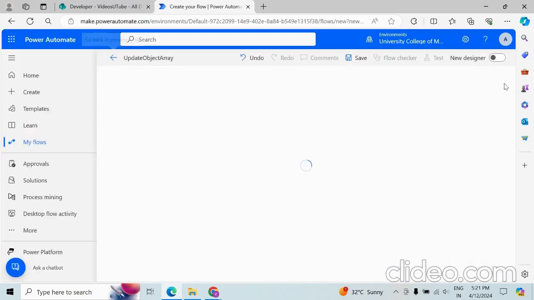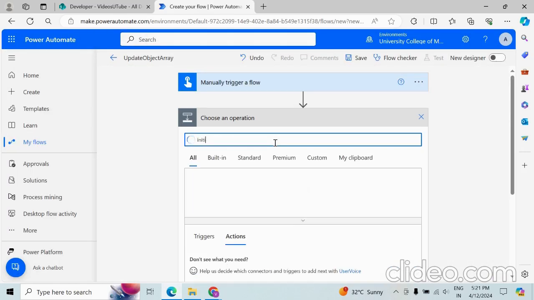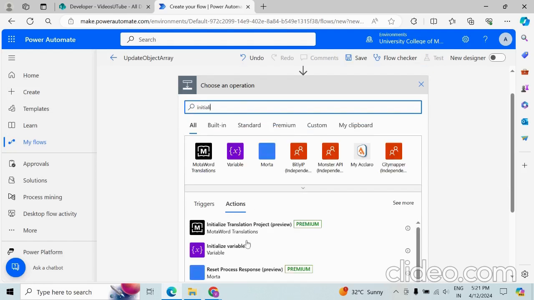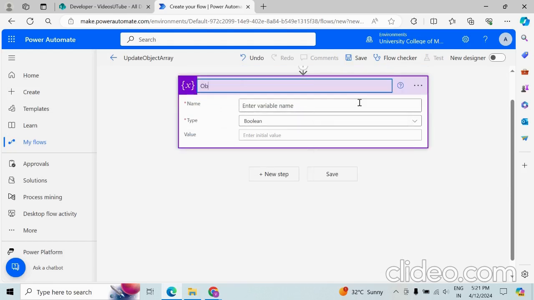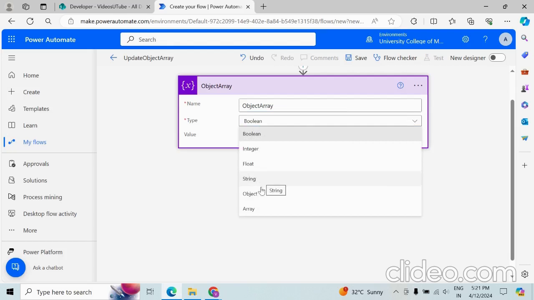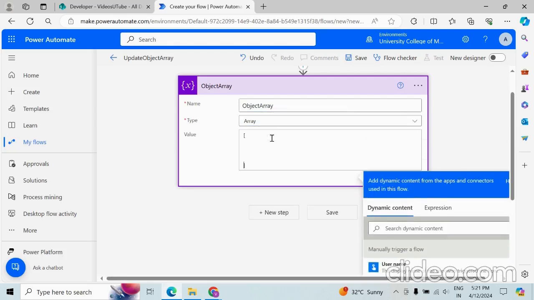So I'll just quickly move to the old designer. I'll just initialize my variable. So initialize variable, where we'll hold it as object array. So our variable name would be object array. Now if you could see here,